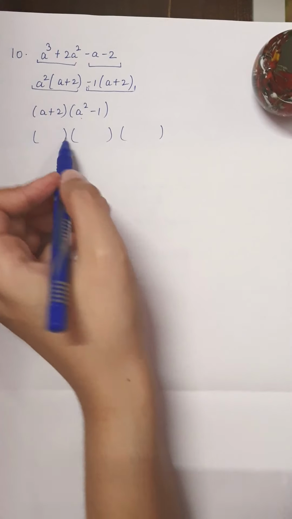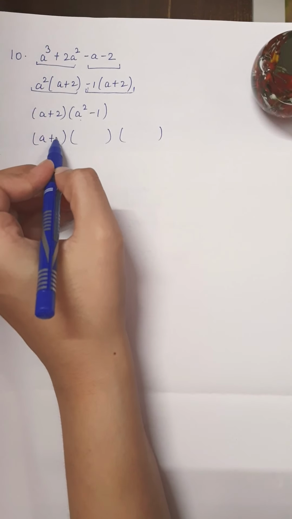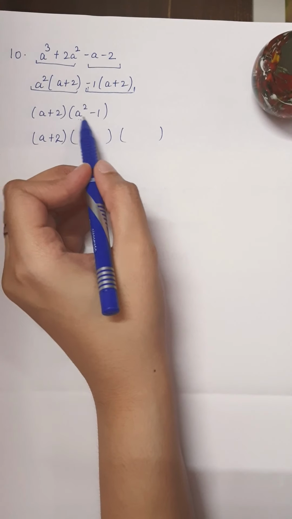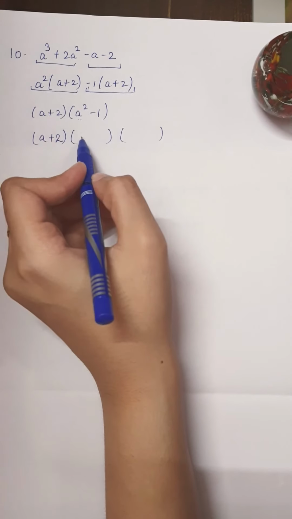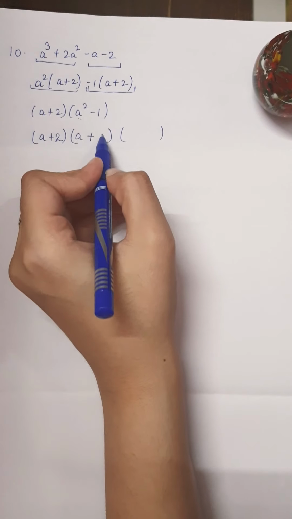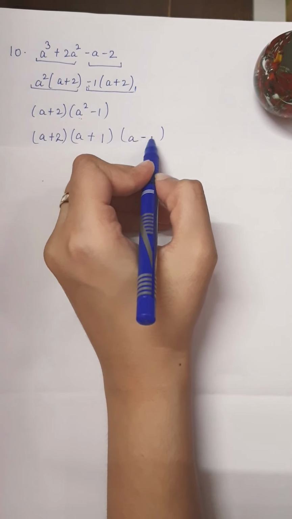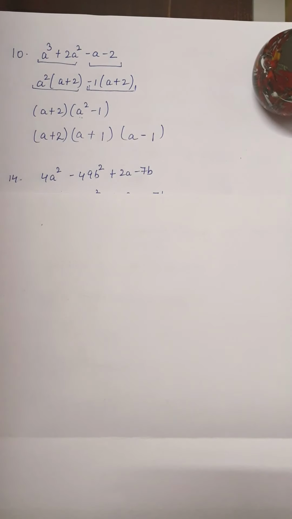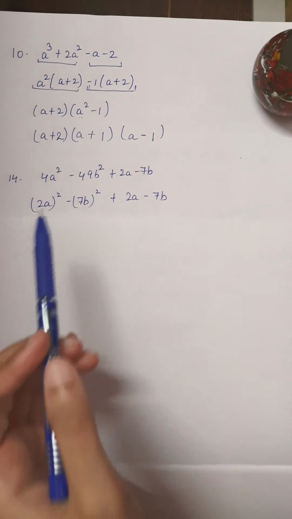So a plus 2 cannot be factorized further, but this can be, like we have just did in previous question, the sum of a and 1 and the difference of a and 1. Is it clear? Okay, now pause the video for a while and start question number 14, all of you. Okay, I hope you have all done. What I have done is,